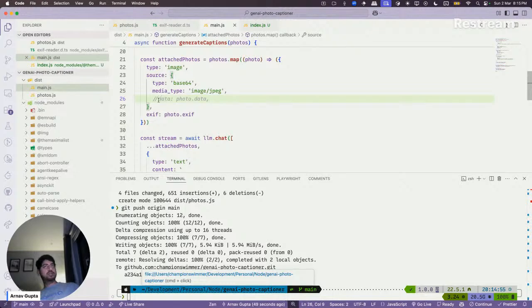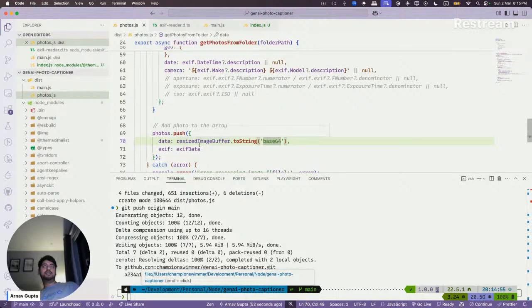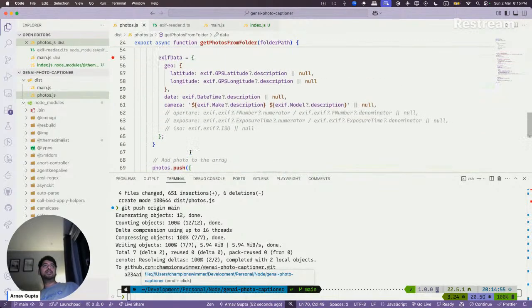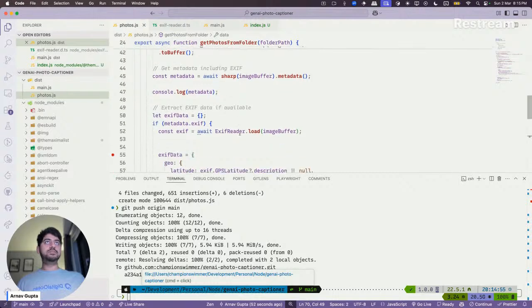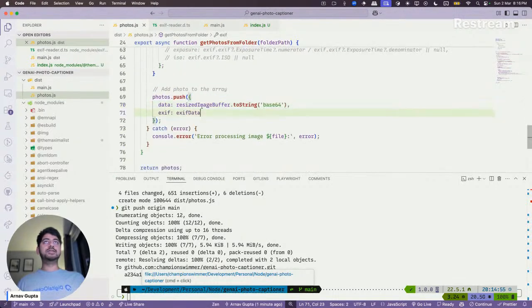I think I will do one thing though. I'll make sure if this base64 stuff is actually working correctly or not. To do that, I will just write it into a file once and then do a base64 image conversion to see that it works correctly. So this is the resized image buffer, and then we took the data here.